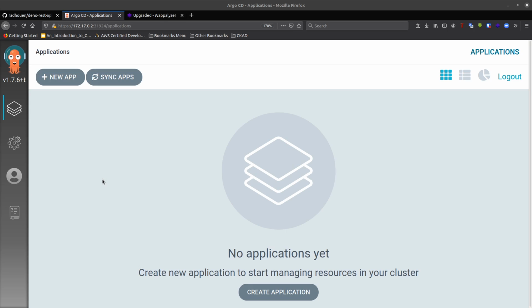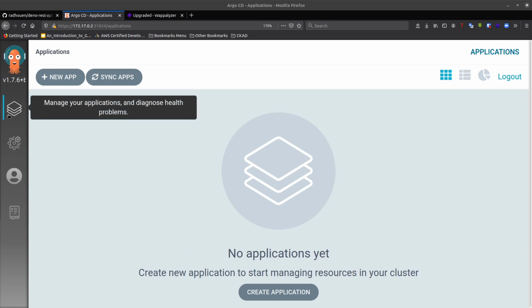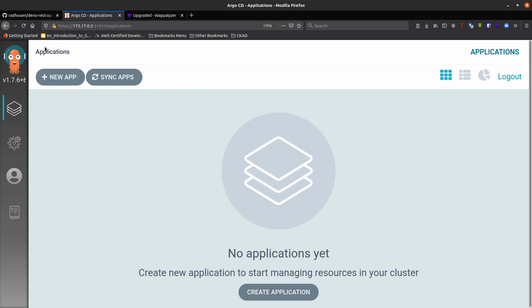Welcome to the latest part of Argo CD. As you can see here, after login, we have 4 icons. The first icon, when we click, we can go to the list of applications that we will create for Argo CD. Here we can create a new Argo CD application, and here we can synchronize the application to ensure